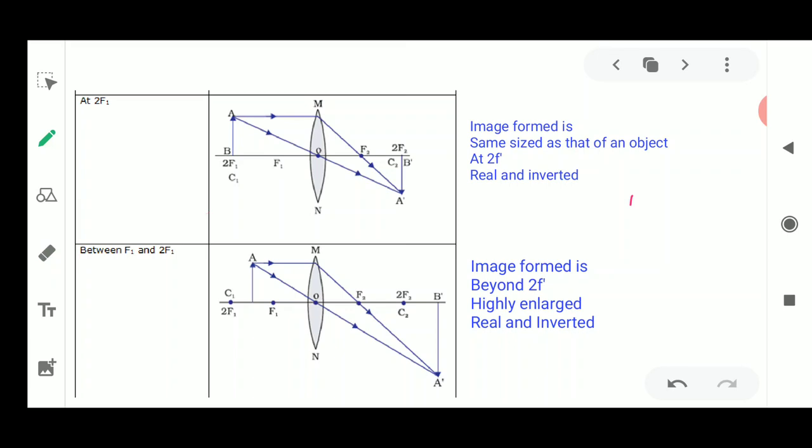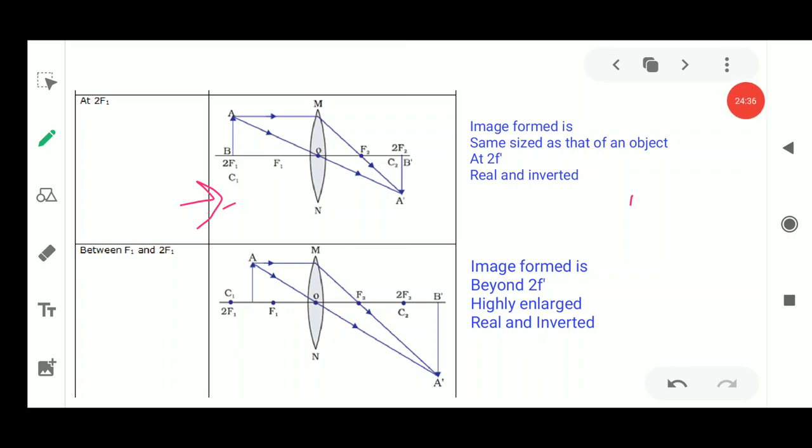Here also the same thing is happening, but the difference is that this is a transparent medium for refraction, so the rays of light pass through this lens and make an image on the other side of the lens. The size of the image will be the same as that of the object, as the object was placed at the center of curvature. That is why C is denoted here, because it shows the same phenomenon we have already discussed. Next is the position of an object when it is placed between f1 and 2f1.